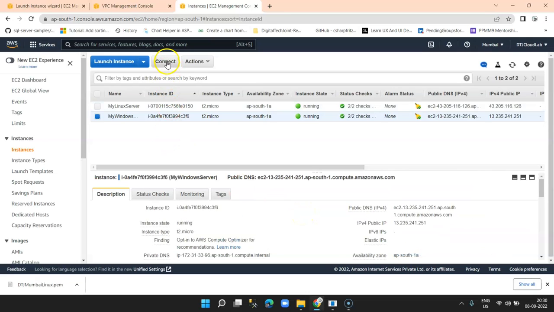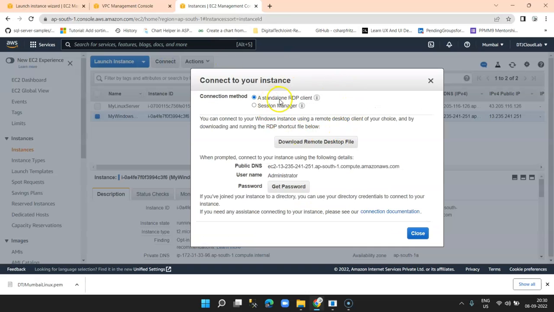Now when you click on connect for Windows, you get this option. To connect with an RDP client, you need to download the RDP client. I have already installed my RDP on my laptop, so I will just run the RDP. And this is a public DNS ID which we are supposed to copy, which will be required to connect to our Windows server. I copy this,